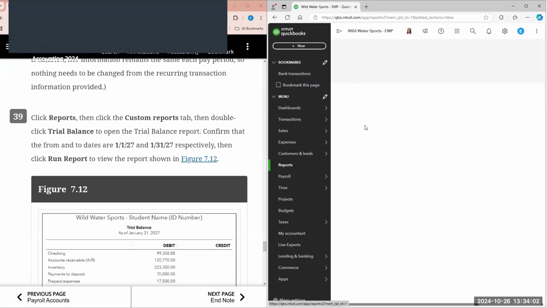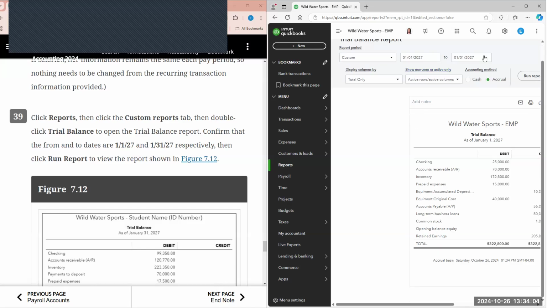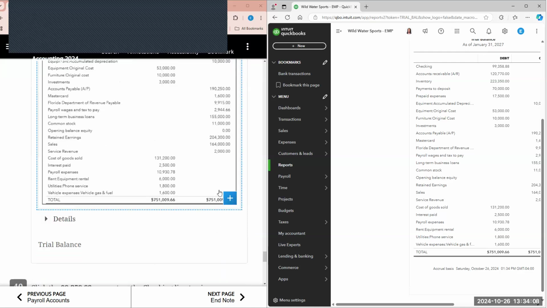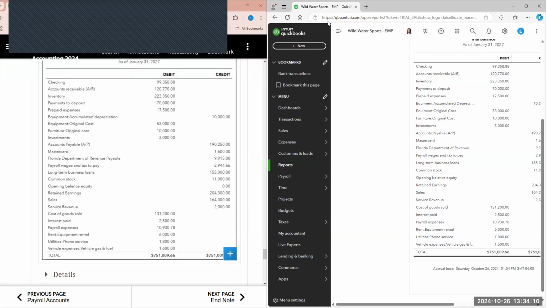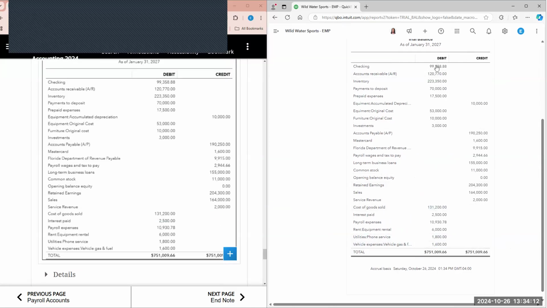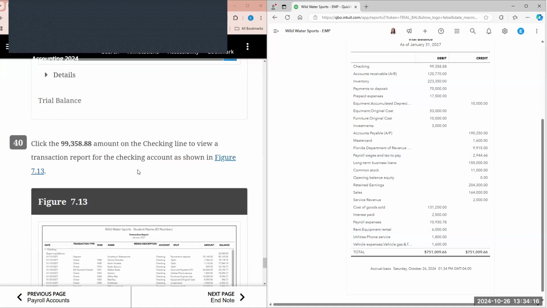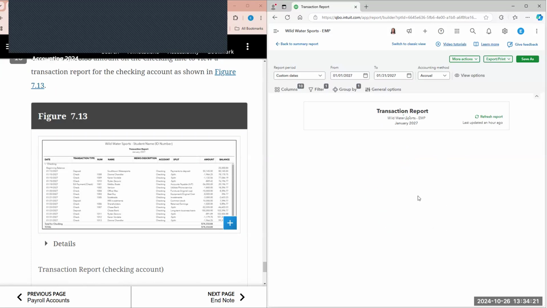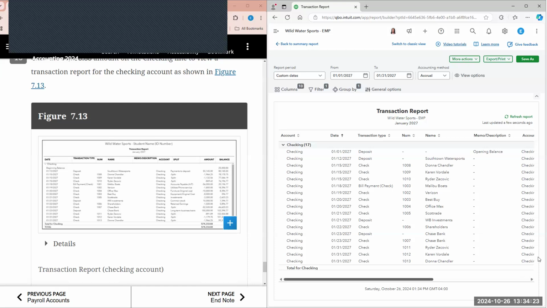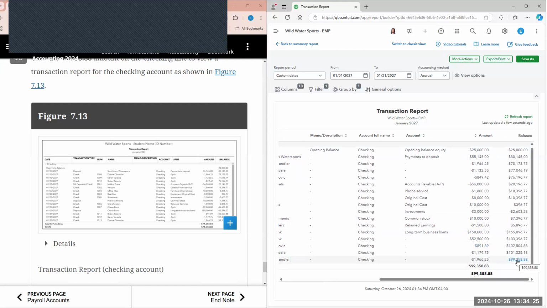So we go to our trial balance. As of the 31st, we run the report. So we want to make sure, again, that our total debits and credits, as well as the amount in each of the respective accounts tie. It does. So we click on the 99,000. Again, we want to make sure that everything ties. And we see that our ending balances are the same,